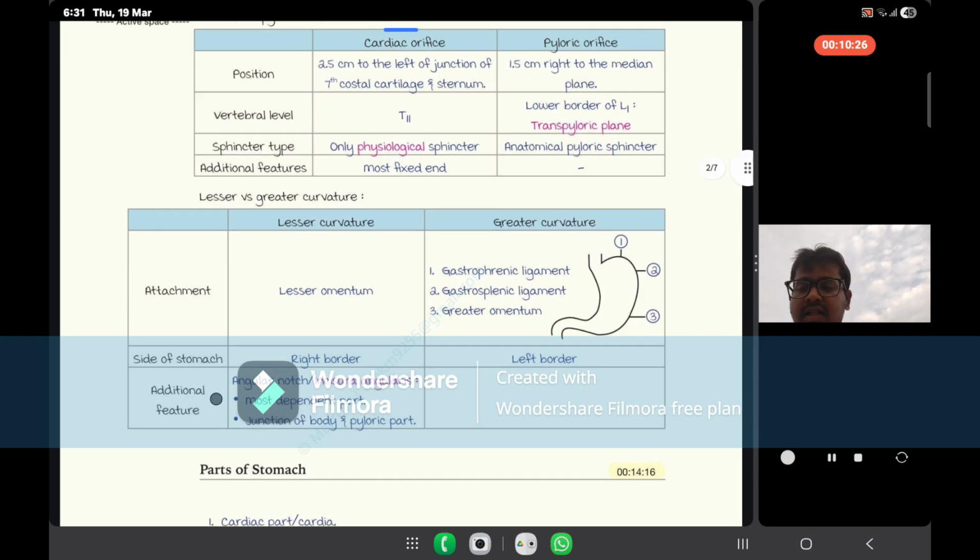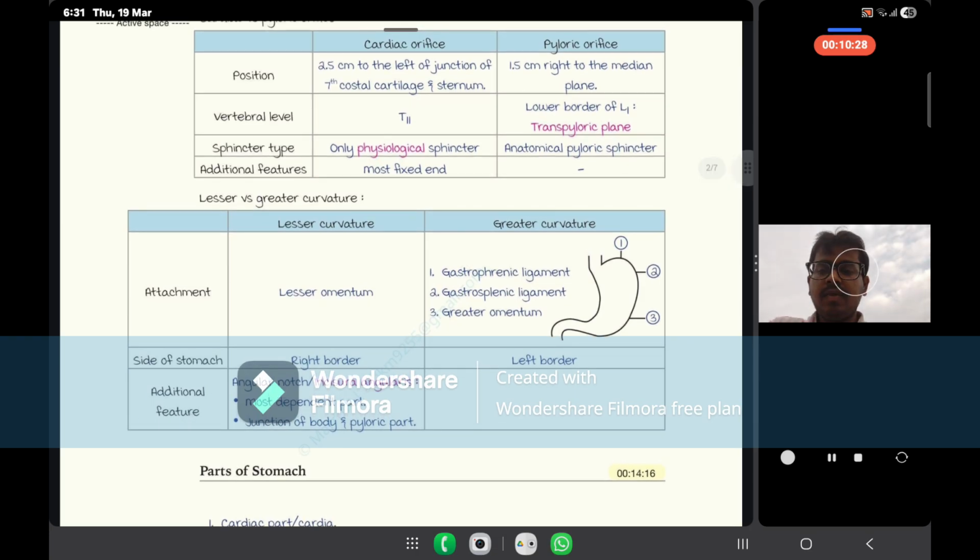So next we move to additional features. For the lesser curvature, there is the angular notch, which is the most dependent part. When we talk about additional features,